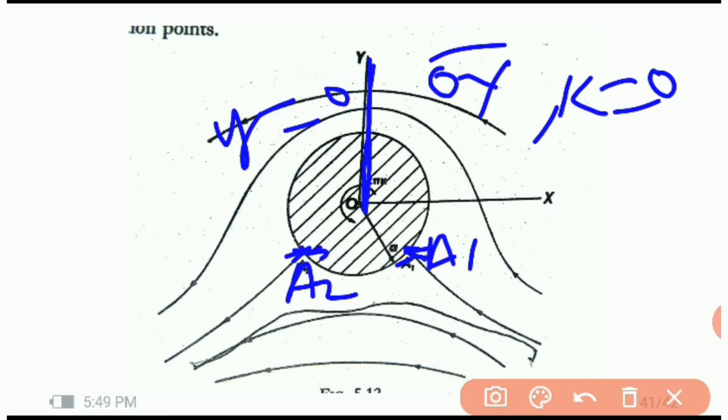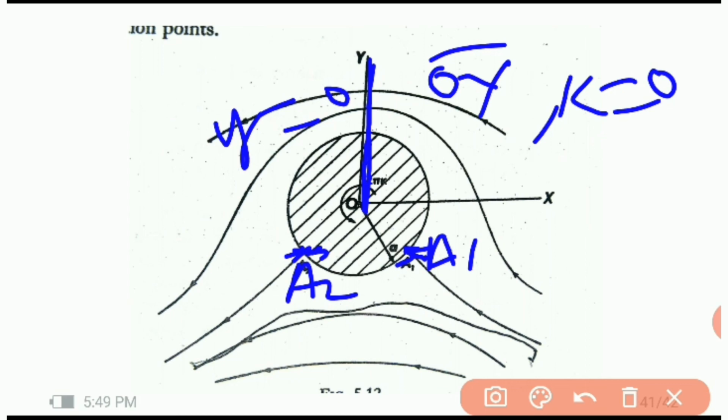So circulation may be produced in practice by rotating the cylinder about its axis, and the viscosity of the real fluid would then produce such circulation, and this lifting effect produced by the circulation is called the Magnus effect. So this Magnus effect is also the last example of the circle theorem.